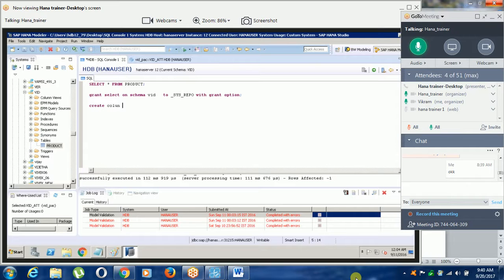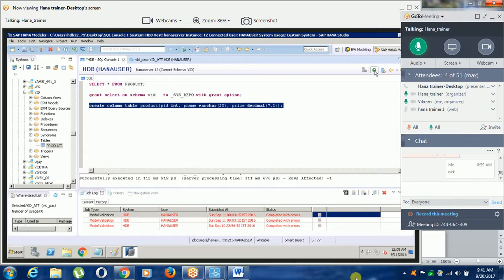Write here create column table. If I write create column table, name of table, now it will be a column store table.